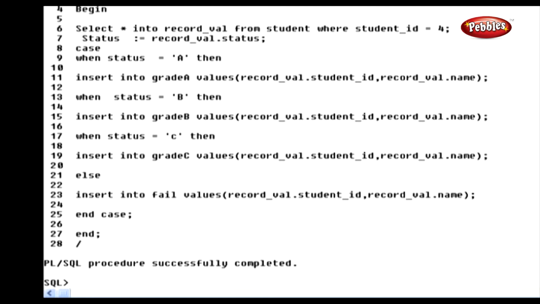First, a variable named status is created to store a single character. Next, a new variable named recordVal is created with the row type of the table student. Then the values are read from the table to the variable. The status value is read from the table and stored into a local